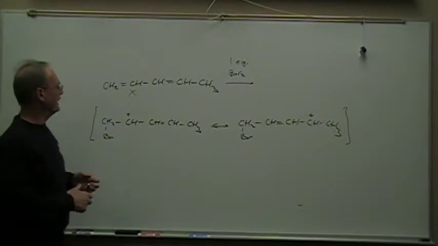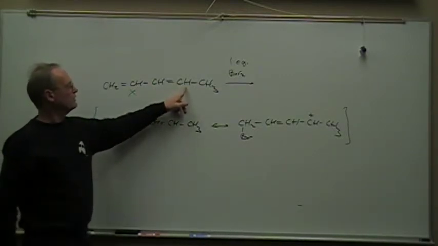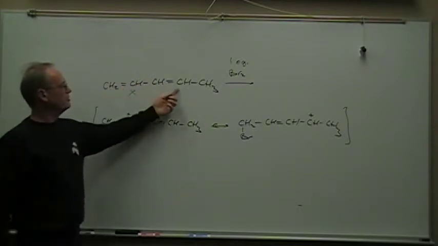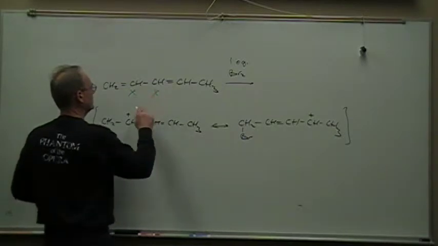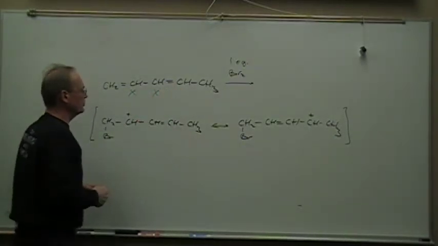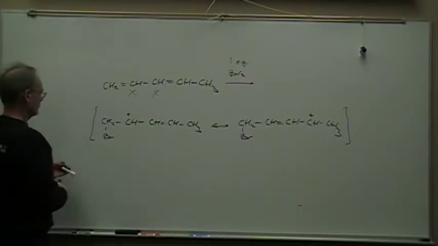What about if we added the bromine on this carbon? Again, we'd end up with a positive charge over here, completely removed from the other double bond, no chance to draw any resonance structures, so it's not going to go there. But what if we put the bromine on this carbon at this end? Let's look at that. So what we'll do is we'll have